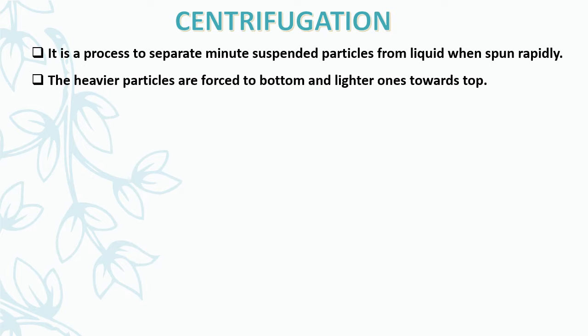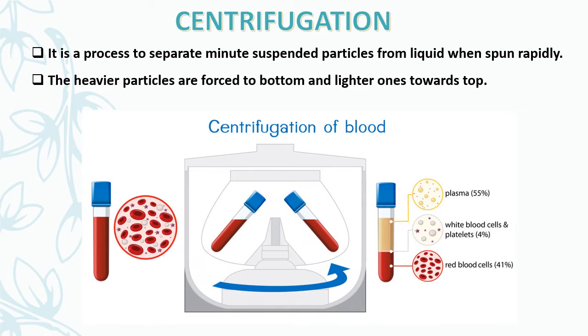Sometimes the solid particles in a liquid are very small and pass through filter paper. For such particles, the filtration technique cannot be used for separation. Such a mixture can be separated by centrifugation because we are unable to collect the small particles in the filter paper. The principle is that the denser particles are forced to the bottom and the lighter particles stay at the top when spun rapidly. Here we have a centrifuging machine which helps to separate.